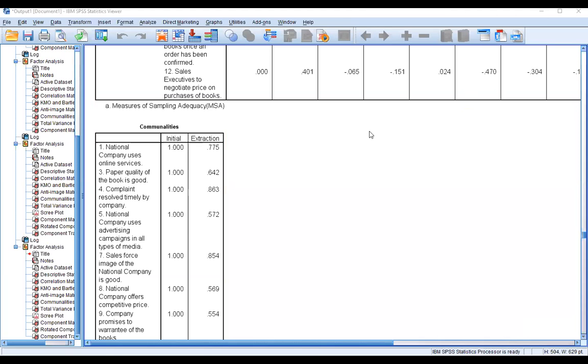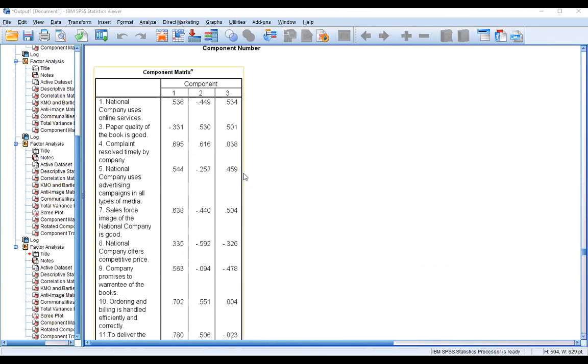स्क्वायर ऑफ फैक्टर लोडिंग, ये देखो ना भाई, ये जो फैक्टर लोडिंग है प्रवीण, ये आप कंपोनेंट मैट्रिक्स देख रहे हैं ना, 0.536 वर्टिकली, when you square the factor loading and add, you will get the eigen value. Horizontally, when you square the factor loading and add, you will get communities। ये बस सीधा सीधा डिफरेंस है इसमें। ठीक है, इज इट ओके प्रवीण, आगे चलें? ओके ओके, थैंक यू।